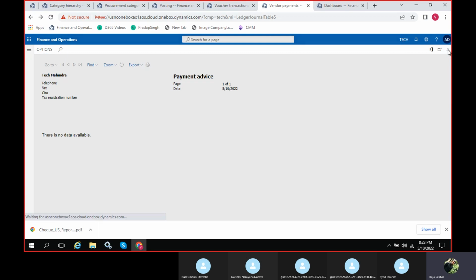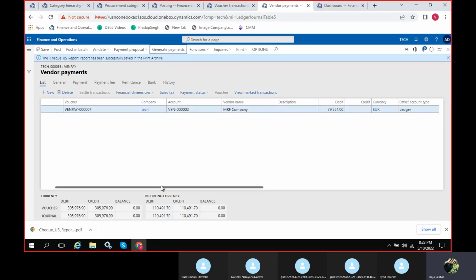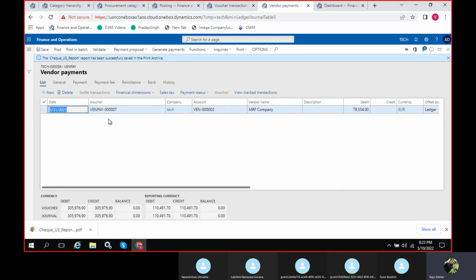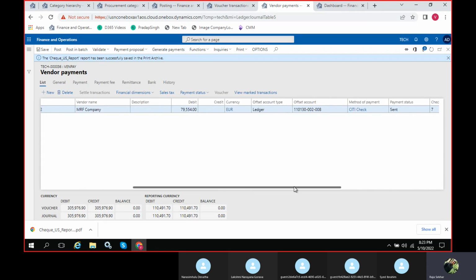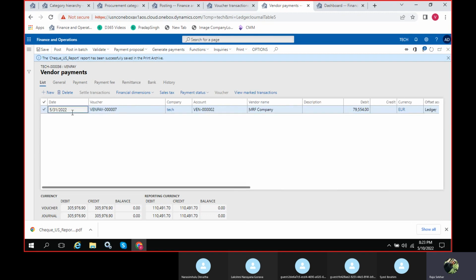I'm doing this one. See, the system can still post, because the payment date at the transaction level is what you have given, but this check is an instant check. Though you give the payment date in the future, or whenever you want, this check you're making instantly. If you want to make this payment tomorrow, or if you give a future date like the 31st, this check will be accepted.